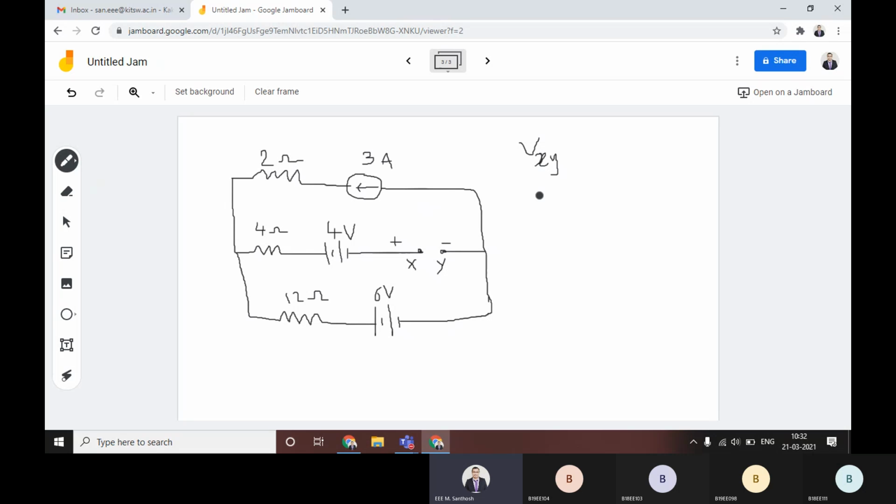You have to analyze a bit. Analyzing you have to do. You have to practice that analyzing skill. If you practice similar kinds of problems, you can develop that analyzing skill. When you are seeing the circuit, there is always one clue. You have to go with that clue. You have to find that first.